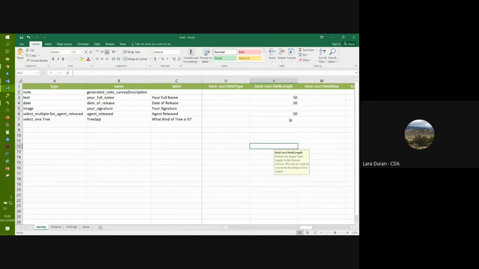This kind of tells you how many characters the answer is limited to. And so if you don't put a limit on your field, then it's going to default to 255 characters, which is really huge. And it also makes the table kind of unworkable or unmanageable. So if you have a comment,